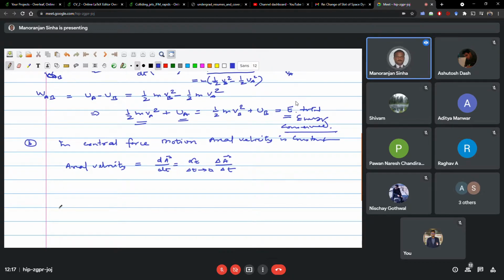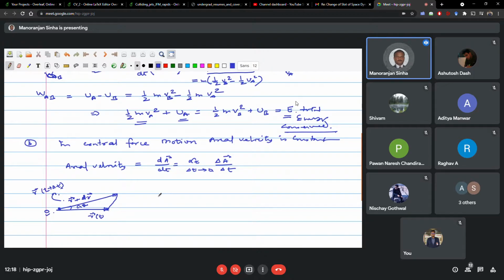So now let us take here, this is the center of attraction O, the r vector at time t, and this is the r vector r plus dr, or r plus delta r, at time t plus dt. So this vector represents r at the changed time. This angle is delta theta. This is the trajectory.